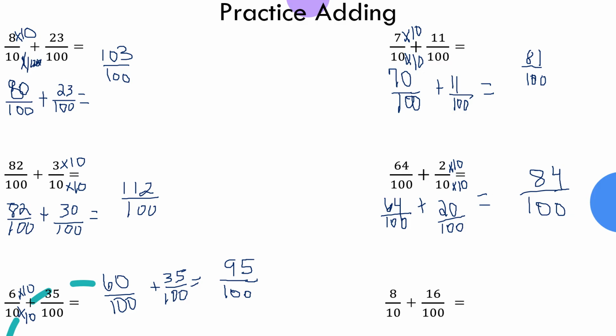Start with my 10 because I need it to be the same denominator. And I make it by doing 10 times 10. What you do at the bottom, you do at the top. Write your new equation, 8 times 10, that equals 80